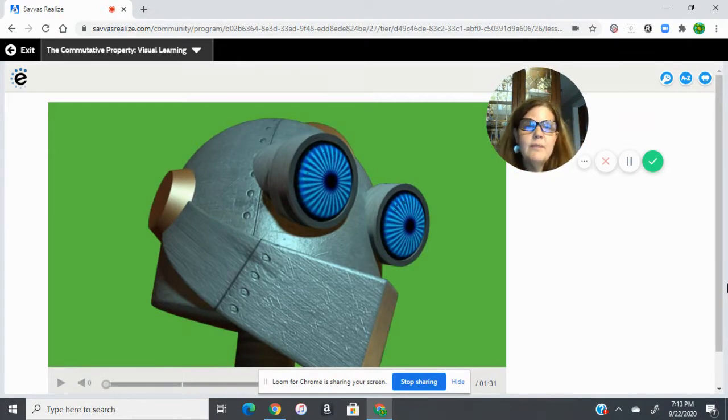So if you would please grab your enVision workbook, your big workbook. This is enVision Math 2.0, and we are on page 26. So if you'll open it to page 26, it's showing you a picture of some posters. Libby has a poster, Sydney has a poster, and the question is, does order matter